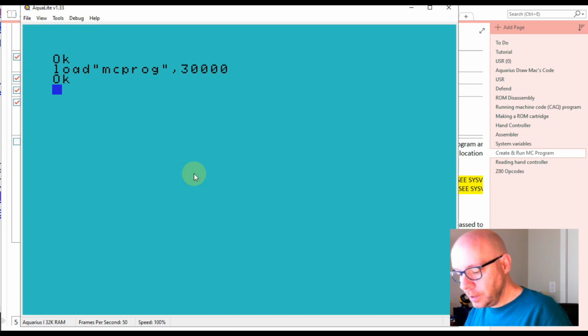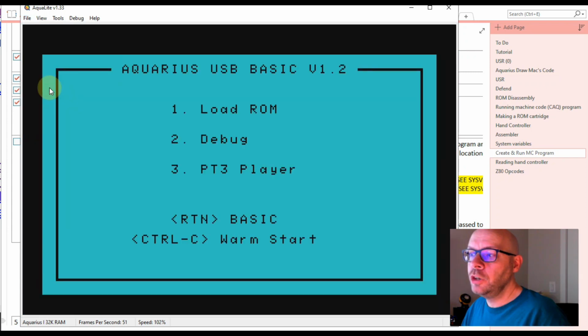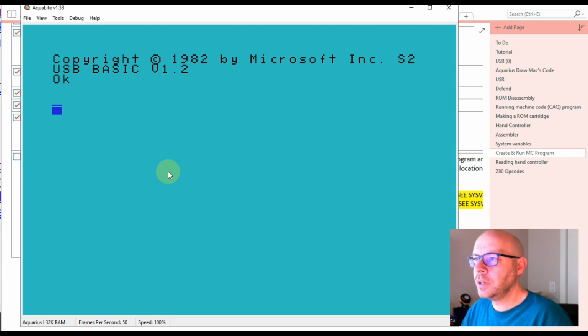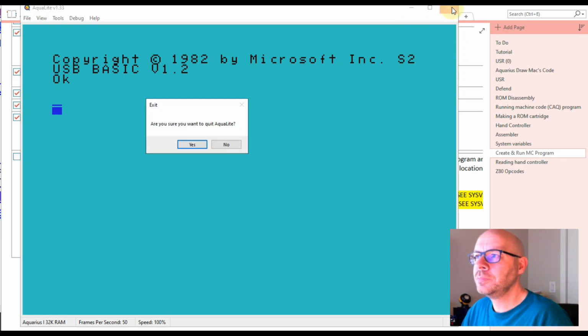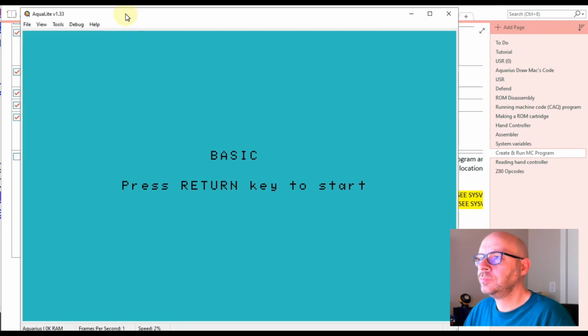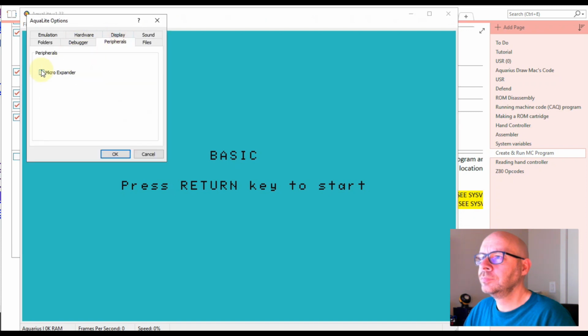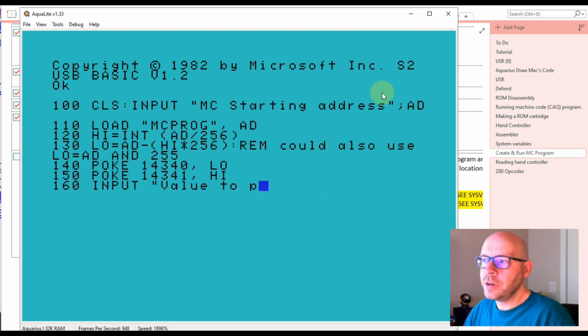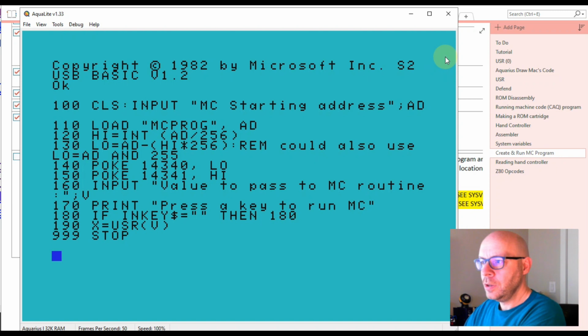And remember, we're in micro expander mode. So if I do File, Soft Reset, you can see it boots up in the micro expander boot menu, and I'll press enter to go into USB Basic. Now I'll press Control V to paste my basic program in. And sometimes the emulator can be a bit touchy, it seems like. It doesn't allow me to paste it in right now, so I'm just going to reboot it and see if that helps. Okay, there, now it's letting me paste in my program. So now if I run it,